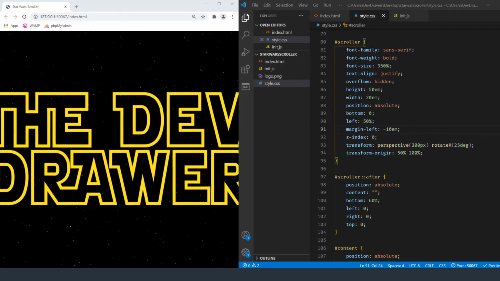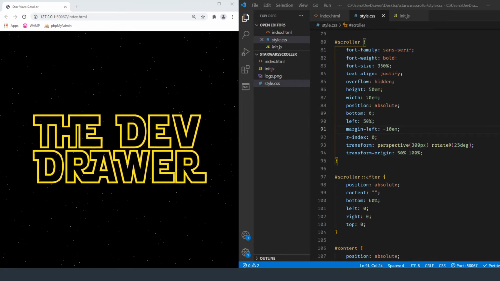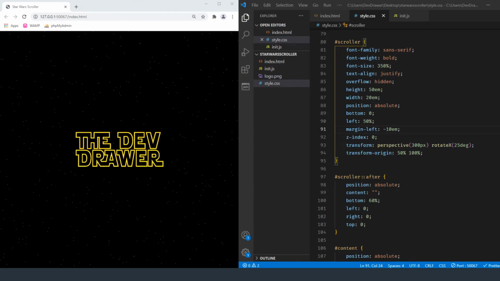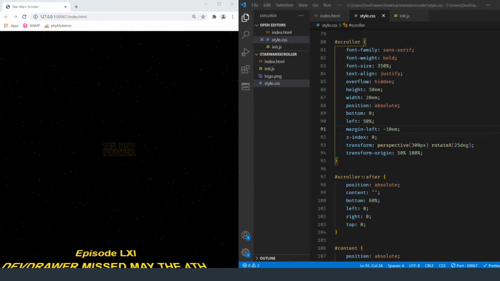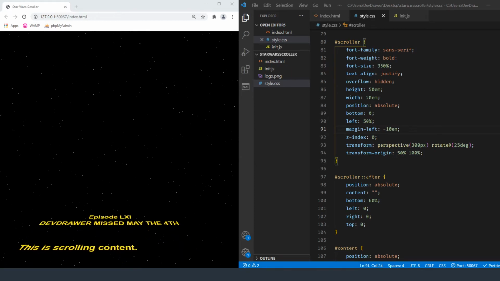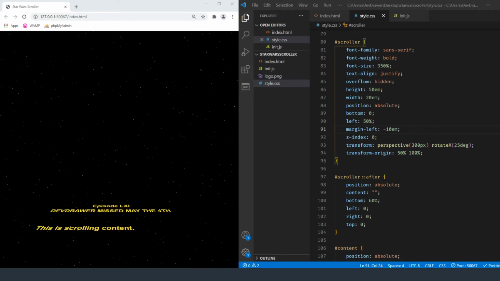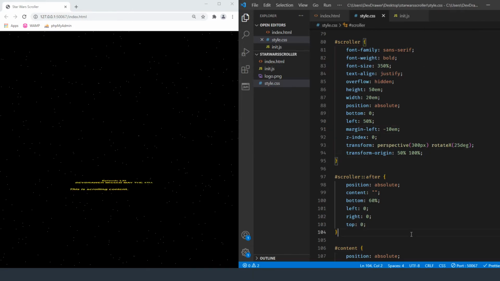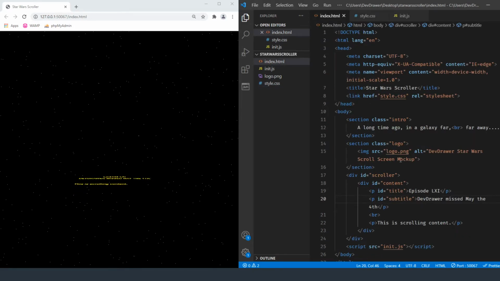Alright, so far so good. Again, we've already seen this part. So maybe I need to change the timing while we're working on it. Still isn't quite centered on the screen. We can play around a little bit more with that. So first thing I want to do is add some content on here so it actually looks like it does inside of the actual movies.